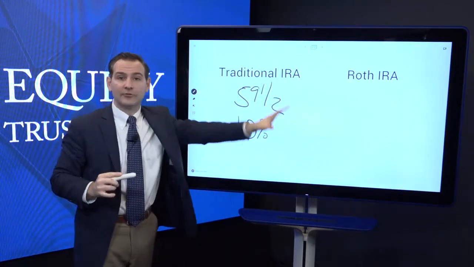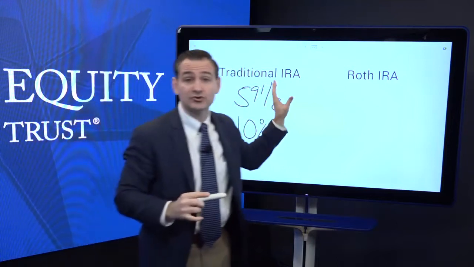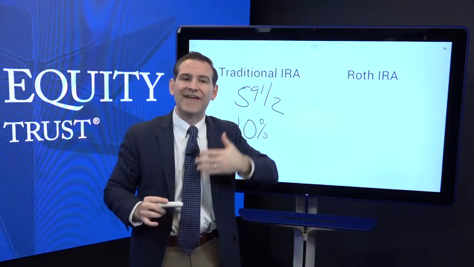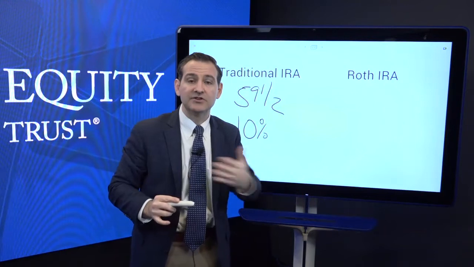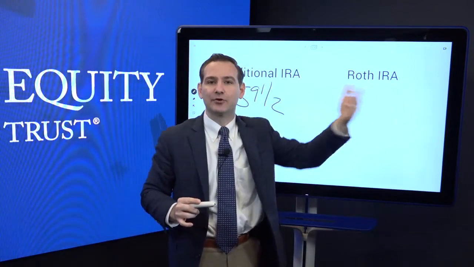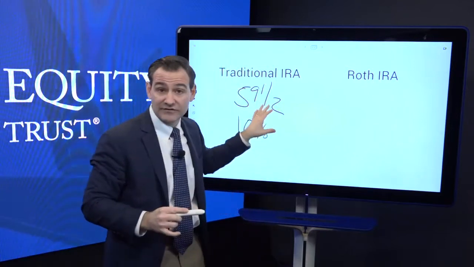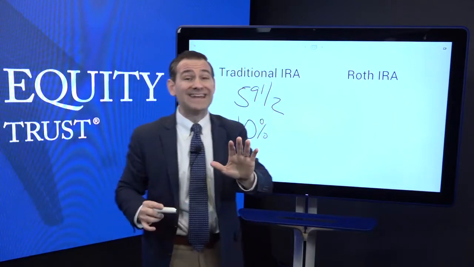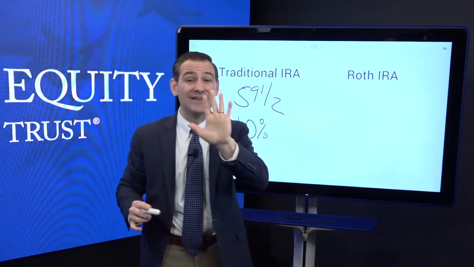So let's now move on to the Roth IRA. In contrast to the traditional IRA, a Roth IRA is funded with after-tax dollars. So you get the taxes out of the way on the seed, and then you don't have to pay taxes on the crop. After the age of 59 and a half, providing that the account has seasoned for 5 years,